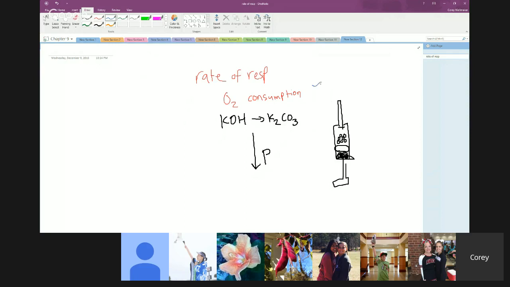And since these microrespirometers are underwater, as the pressure in the chamber drops, water actually gets pushed further and further down into the tube. And so we can measure the distance that the water has traveled, and that allows us to put into numbers how rapid